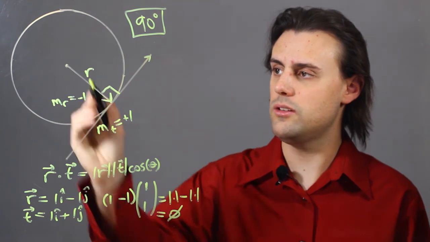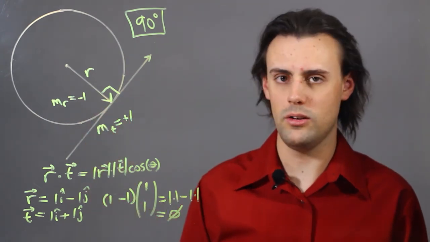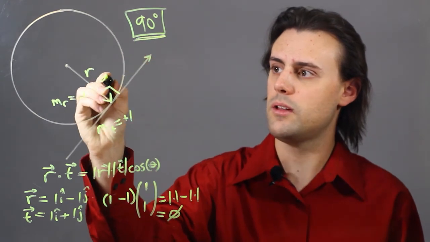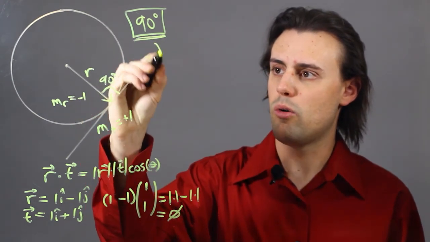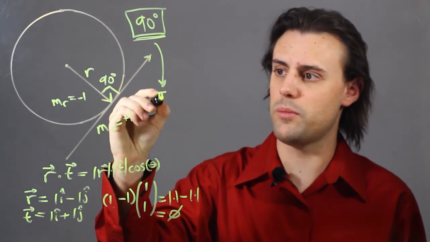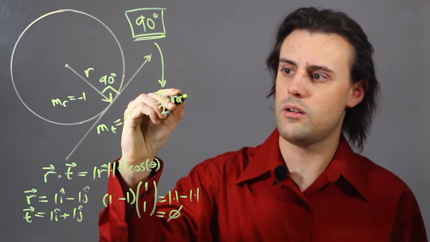So indeed, these two vectors are perpendicular to each other, and that simply means that the angle between them is 90 degrees. Or in other words, in terms of radians, it's going to be equal to pi over 2 radians,